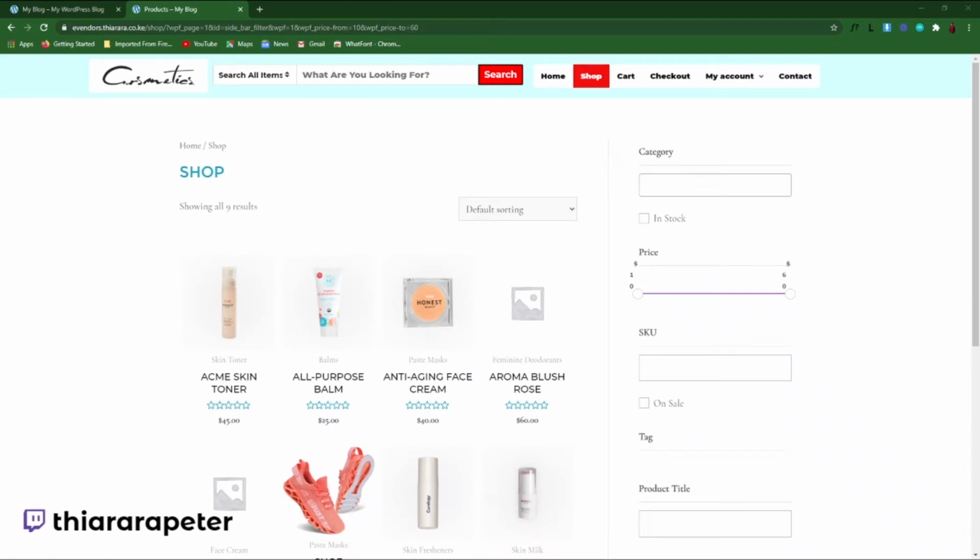Here I'm just going to show you how to add this product filter in your e-commerce website. We're just going to use free resources. That is, the plugin that we're going to use in this tutorial is a free plugin. It will help us to add this function. And before we get into the installation and import